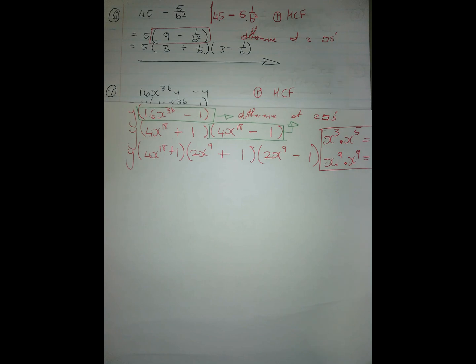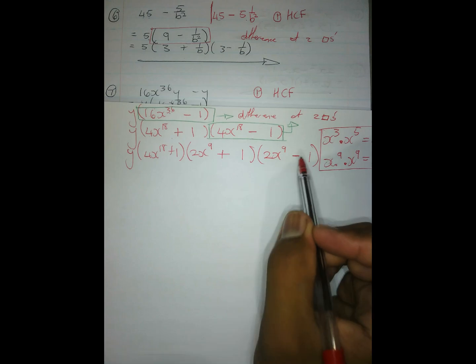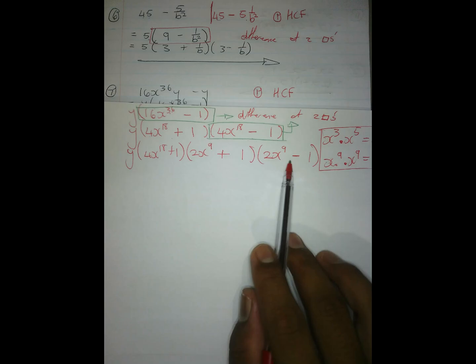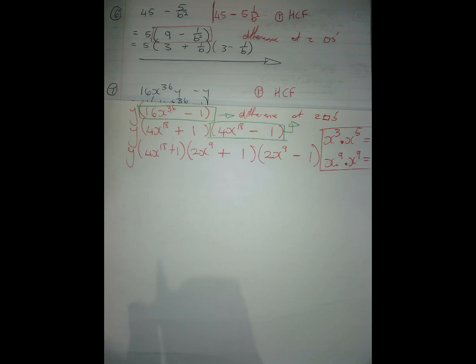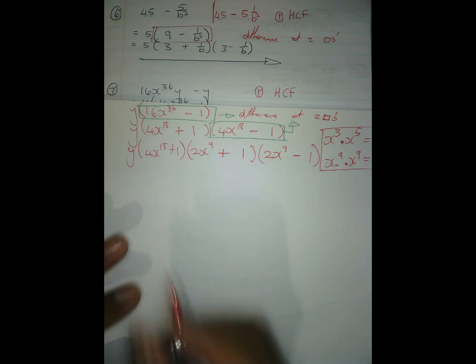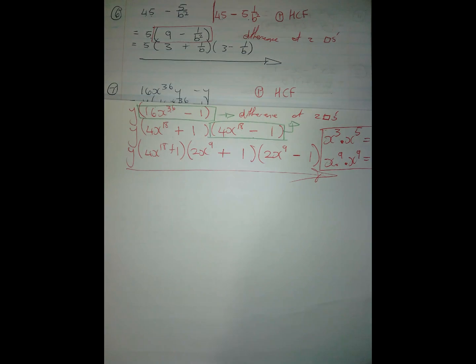Okay, so I know what you're going to ask me next. Can you factorize this again? You can factorize this negative until infinity and beyond. There will always be a negative because it's a difference of two squares. There will always be one bracket with a positive and one bracket with a negative. So you will factorize till forever. So depending on the mark count, you will know more or less where you must stop. So if it's 3 marks, just factorize them until this step here. Then you're done.